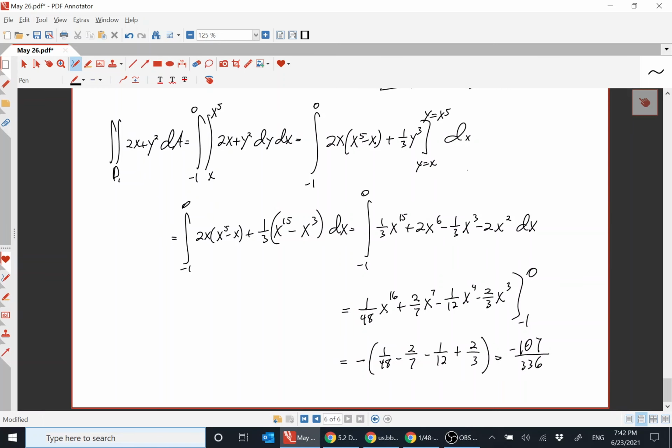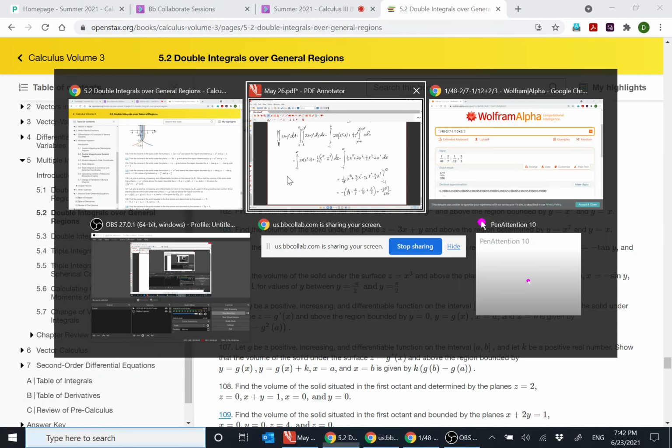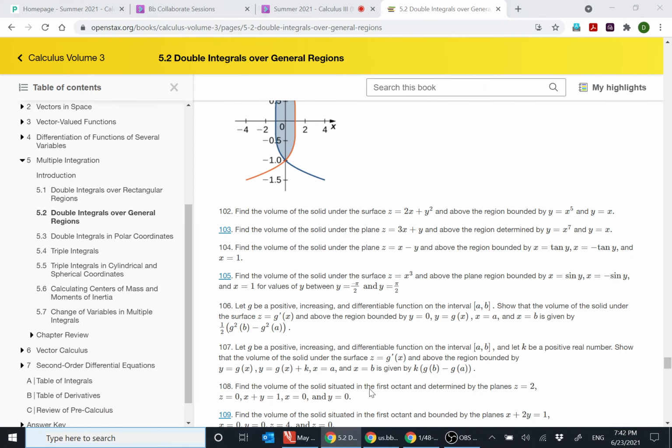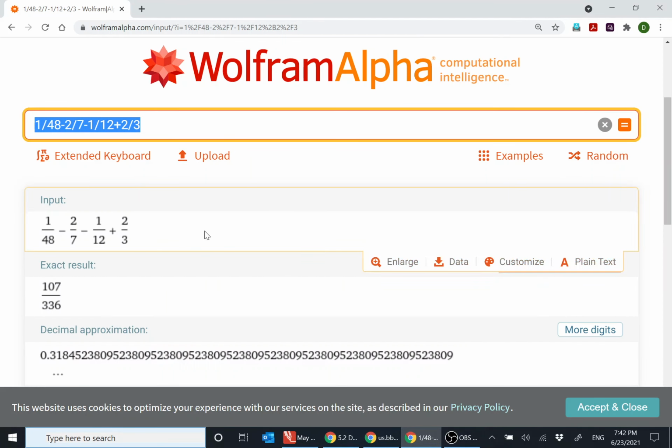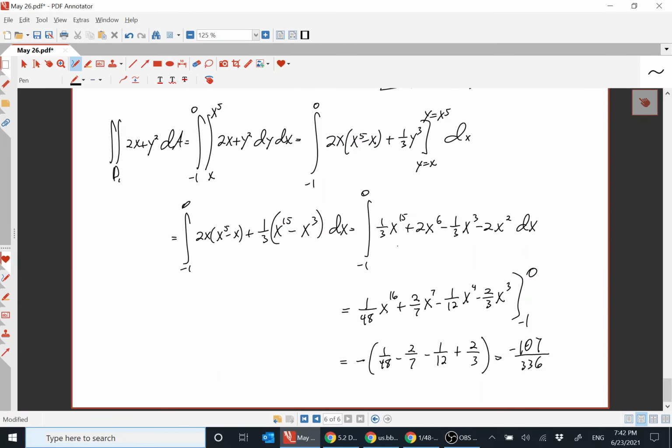Let's double check that integral. So 1/3 x to the 15th, that's not 2/7 x to the 7th minus 1/3 x to the 3rd minus 2/3, 1/12 x to the 4th minus 2/3 x to the 3rd, minus 1 to 0. So you get minus 107 over 336. All right, so then over D1,